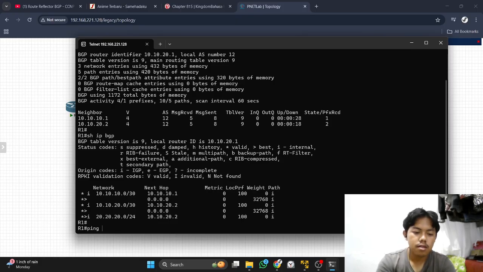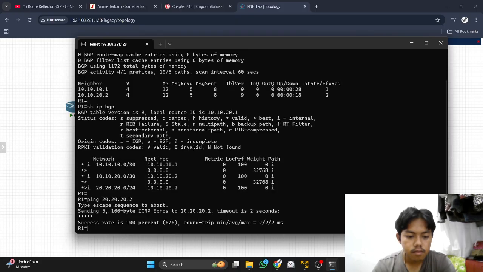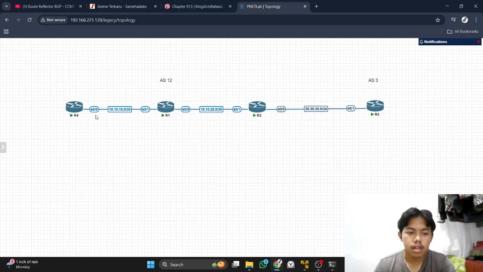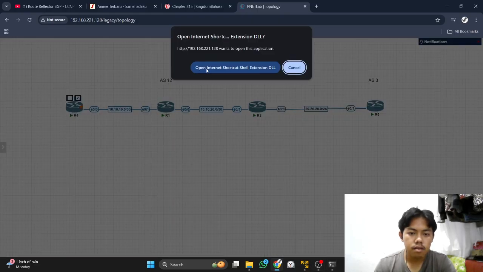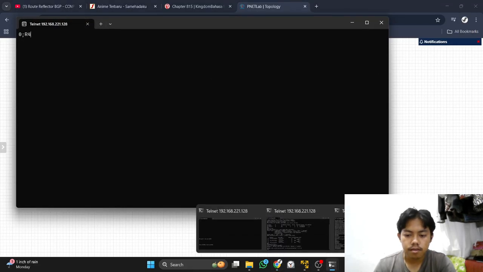So we will test ping to router 3. Alhamdulillah, it's a success. And now we will check ping for all routers.